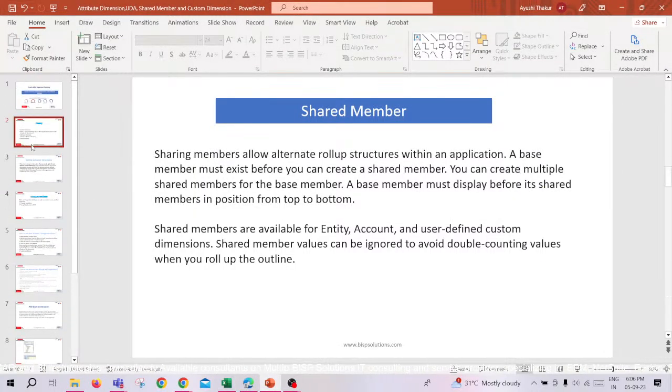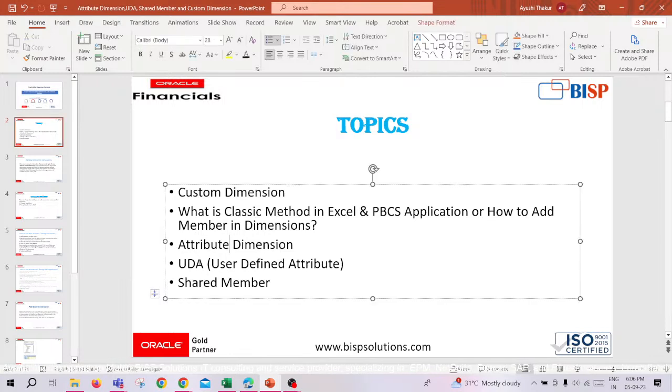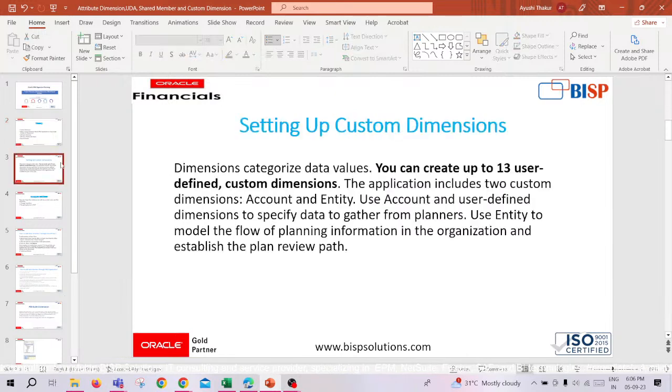Okay, first we have understood what is custom dimension, and after that, following the classic method in PBCS and in my Excel, I told you how to add members in a dimension. With the attribute dimension, I have explained what is UDA and what is a shared member. So yeah, a custom dimension is a dimension where you can add